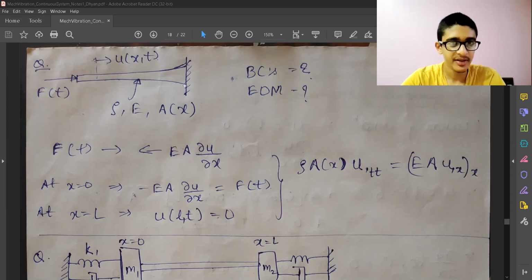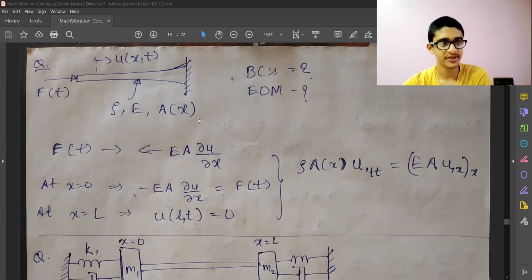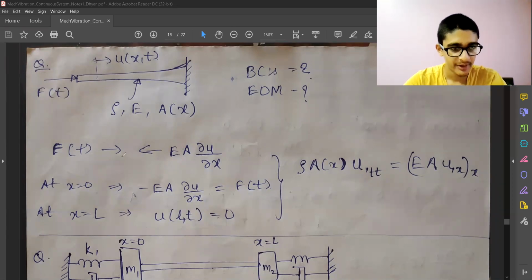So over here, the system is given, a force is applied, that is the longitudinal force, and the direction of displacement u is defined over here, and the rod properties or the bar properties are rho and A, and area is a function of x, so it is not a constant. So this is the FBD. I can make my bar over here, this is a differential element, and this is the internal force which is acting, and this is the external force which is applied.